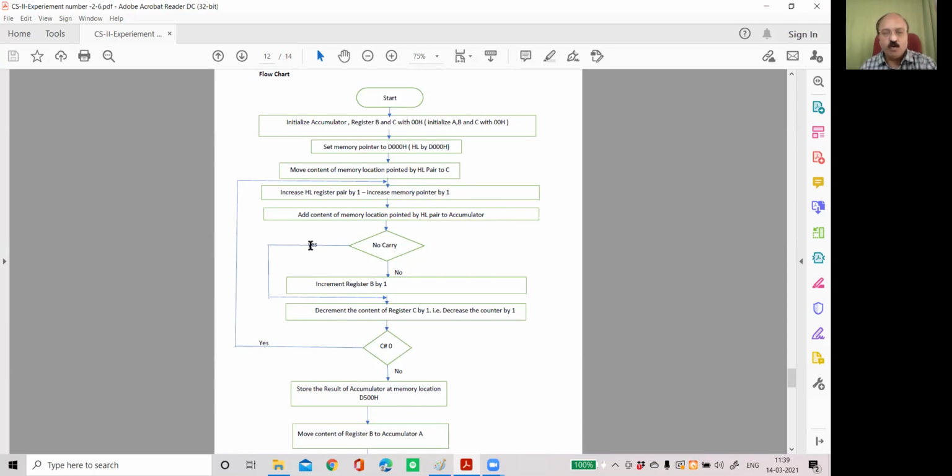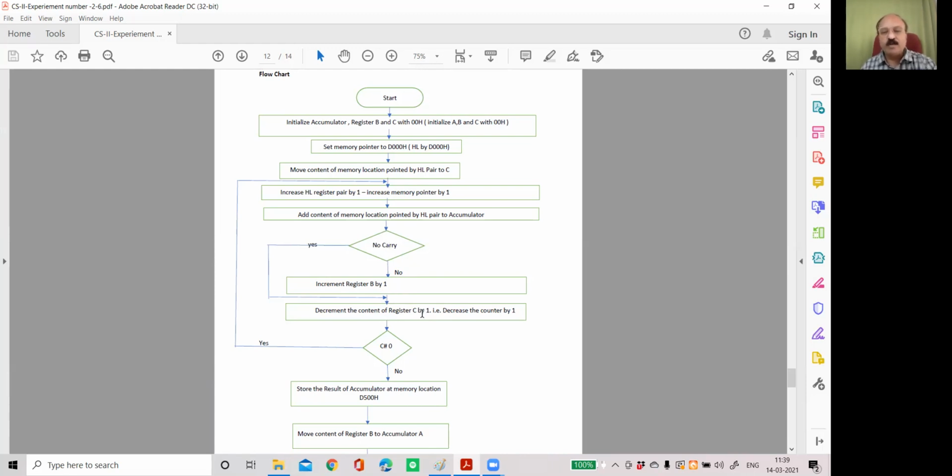Sorry, this should be no, and this should be yes. So no carry flag means carry flag is not set. Then don't increase register B, directly decrease the counter by 1. If carry flag is set, then increase the register by 1.